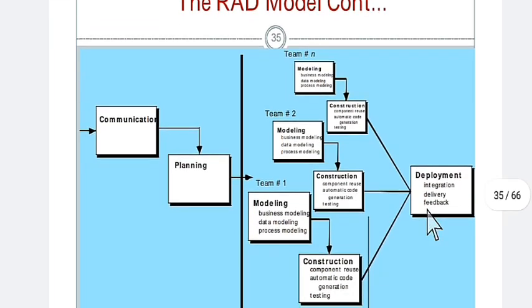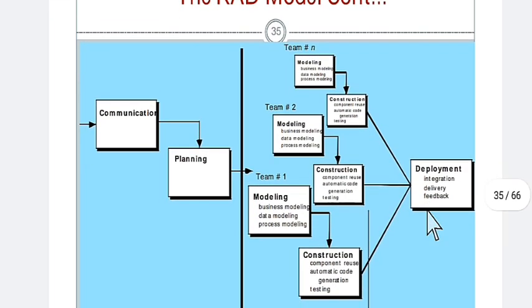So as you can see in the diagram here, the initial stage starts from the communication between the customer and the developer. After that, planning has to be done, and after planning, the next steps are modeling and construction.